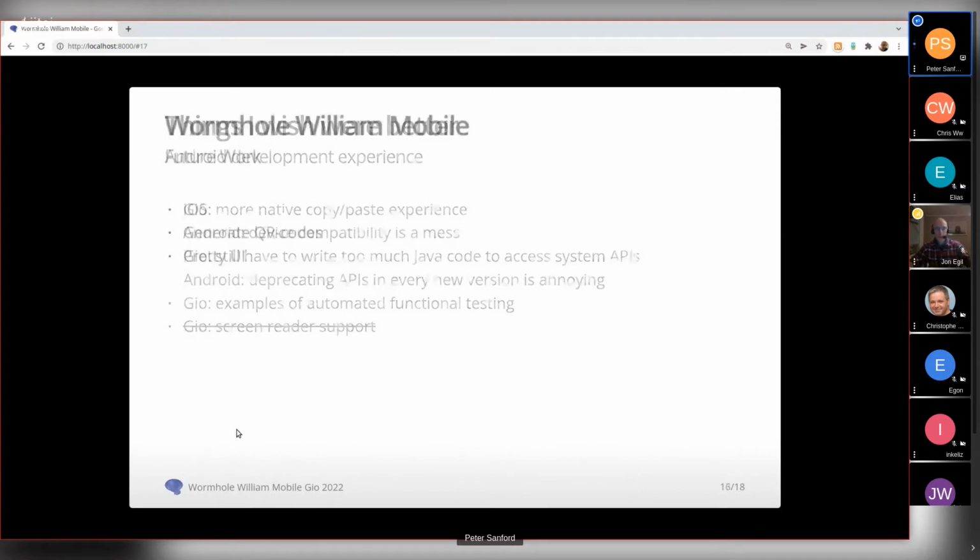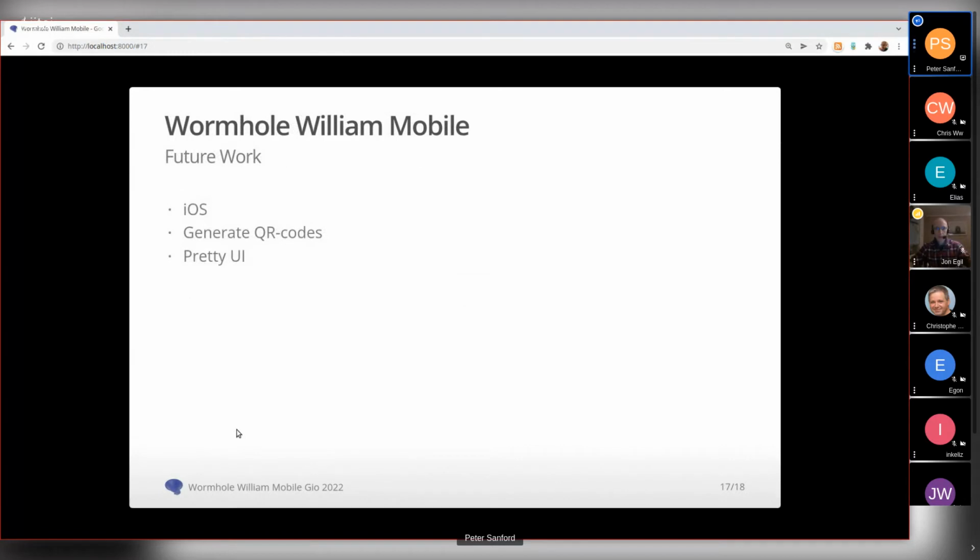And with that, I do have some future plans. At some point, I'll probably do iOS, but I started working on iOS and got pretty grumpy about Apple policies around that felt hostile to open source development. So I kind of put that down for a bit, but I'll probably get back to it. I want to be able to generate QR codes on the phone. At the moment, it can scan, but it doesn't do the generation. So that's something that's on my to-do list.